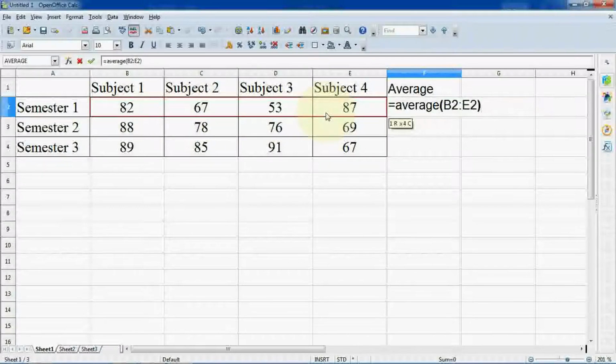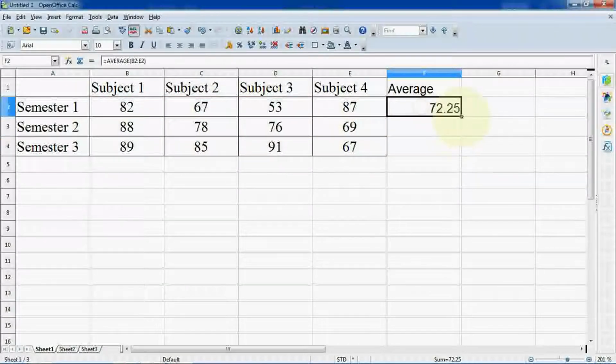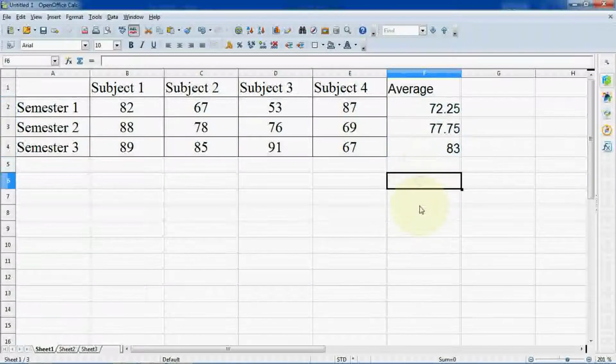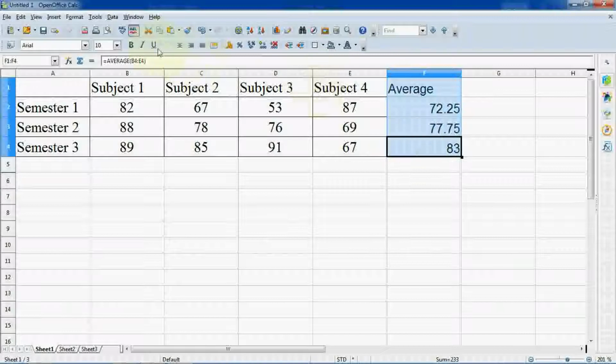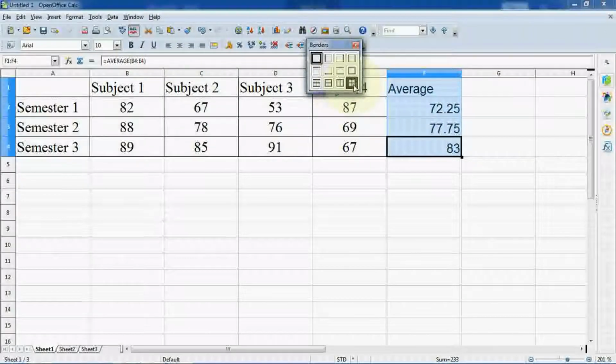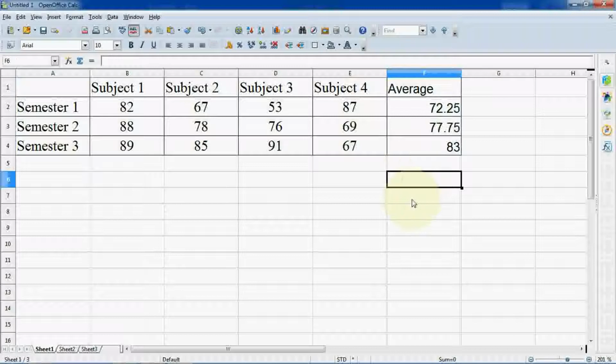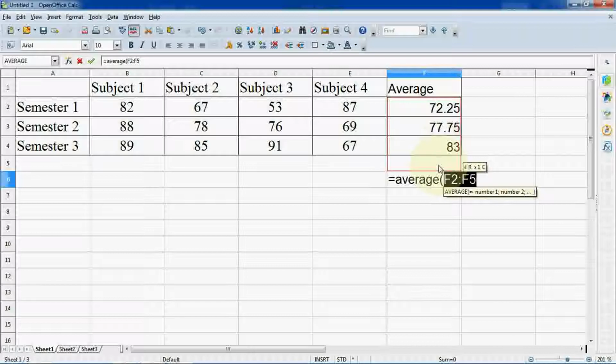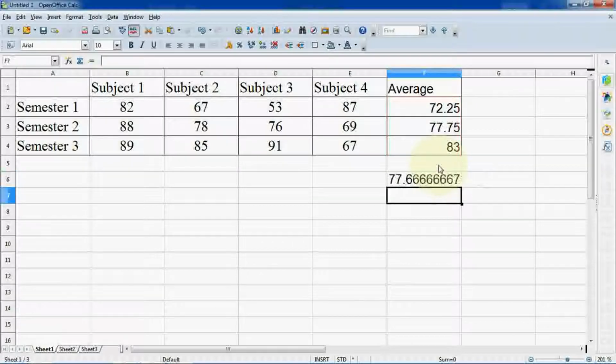So first average we have 72.25 and here overall percentage we should calculate. So when you are entering a value in Excel, then only it will perform the calculation. So if we leave this cell blank, then what happens? See, average, it will calculate average for 3 values only, whether you are providing 4 or 5, but if the cell is empty, then it will not calculate this one. So what we have to do here, you have to enter 0. So then only you may know how many marks are required to achieve distinction.